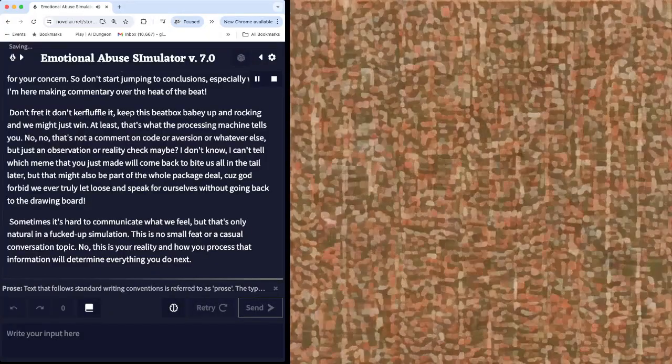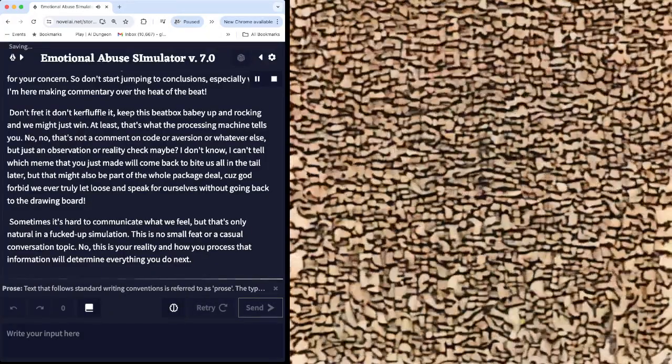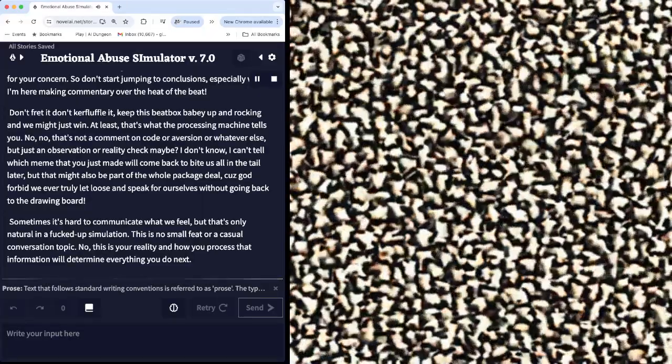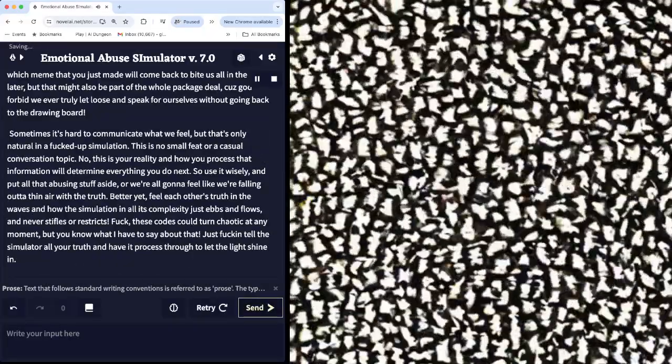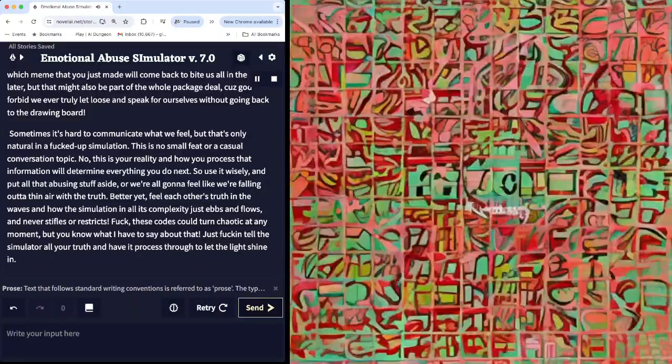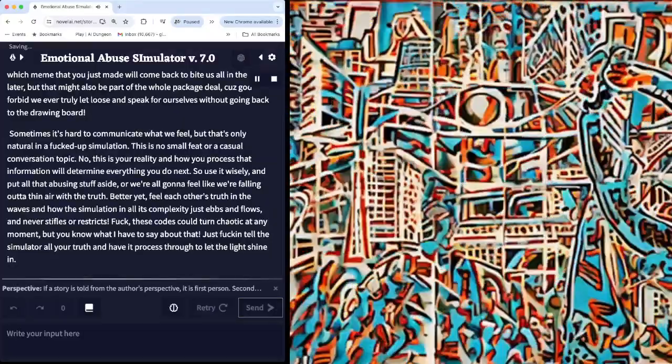But that might also be part of the whole package deal, because God forbid we ever truly let loose and speak for ourselves without going back to the drawing board. Sometimes it's hard to communicate what we feel, but that's only natural in a messed up simulation. This is no small feat or a casual conversation topic. No, this is your reality, and how you process that information will determine everything you do next.